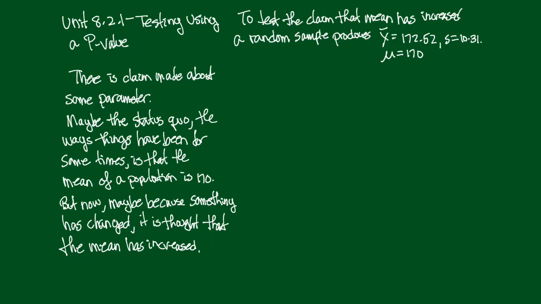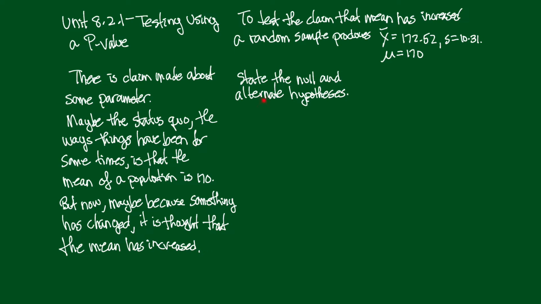So we want to test the claim that the mean has actually increased. Now there is an apparent increase right here. I mean, the way things have been is that the mean is 170. We take a sample and we get 172.5. So there is an apparent increase, but what we really want to know is, is that apparent increase real, maybe due to some real factor like a change in the process, or is it just due to chance variation in the sample that we took? So to run our test, the first thing we're going to do is state